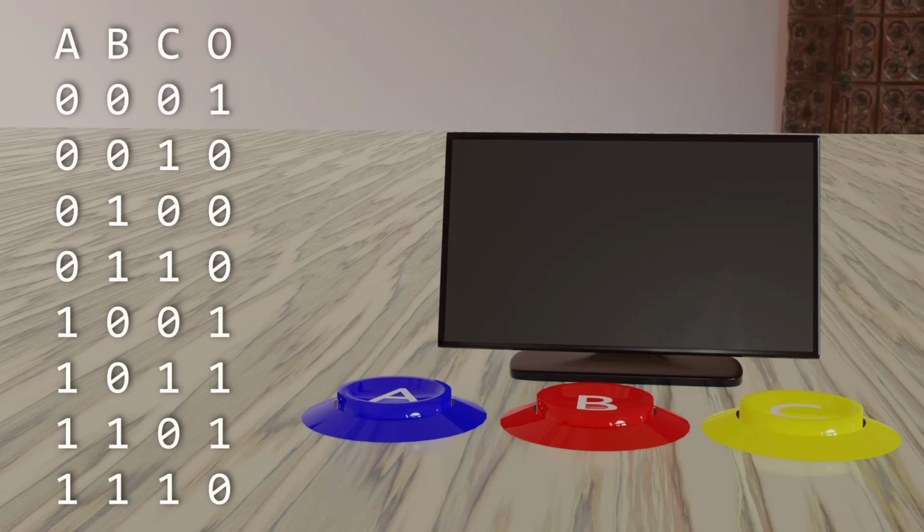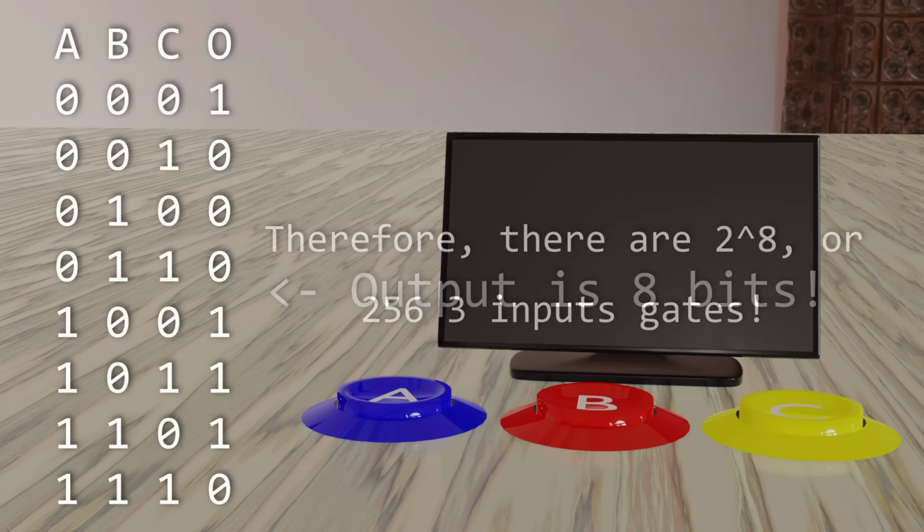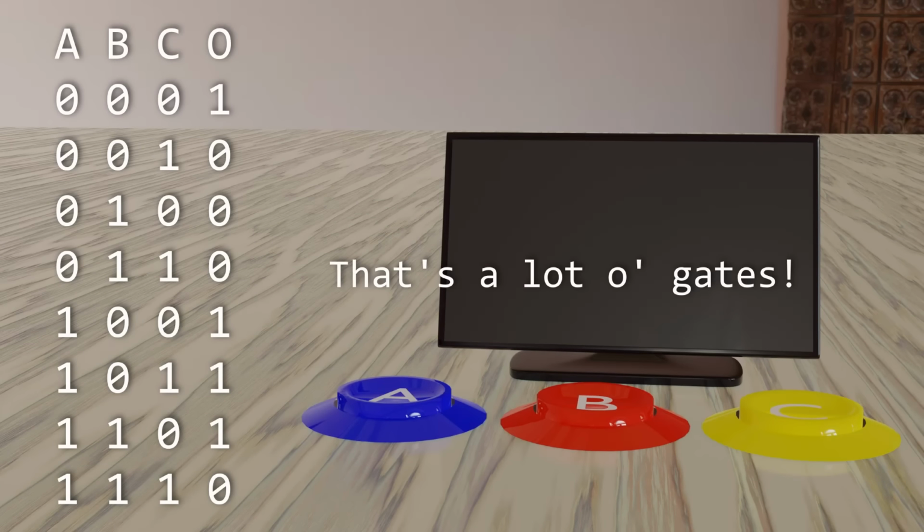Well, you can see from the output column that there's 8 bits. And if there's 8 different bits, then 2 to the power 8 gives you 256. Pretty crazy. We went from the 2 input set of operations, there's only 16 of them. We added 1 more input, we've suddenly got 256. Now it would seem that these 3 input gates are far too numerous for something so simple as Boolean operations